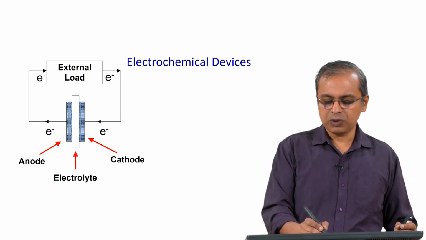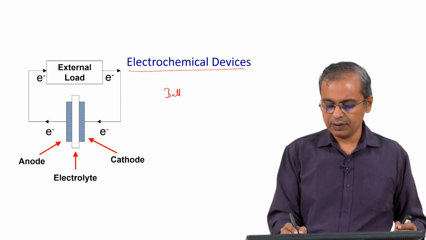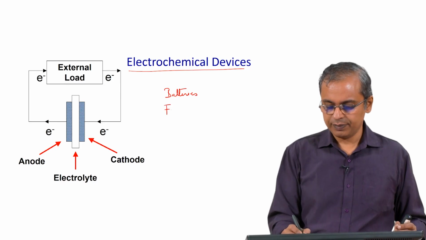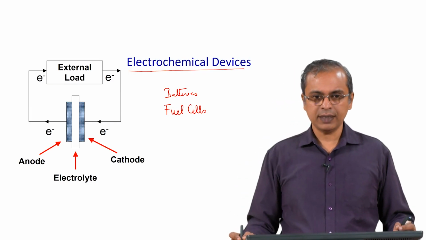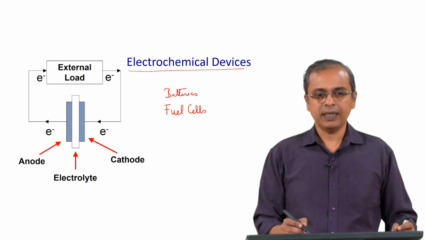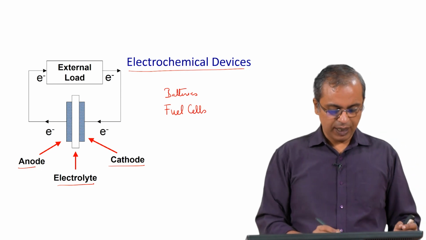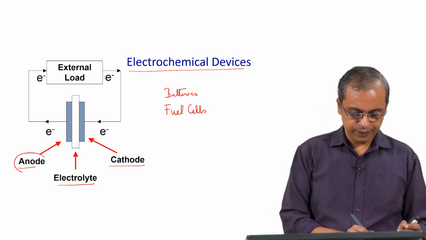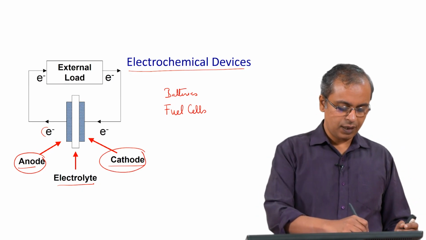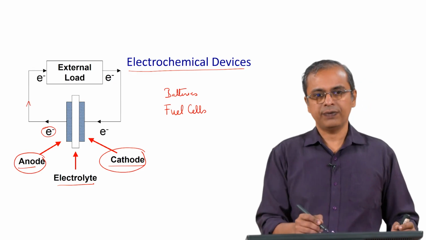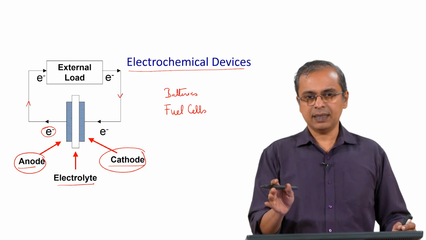And the most common ones that are used for such activities are electrochemical devices, mostly batteries and fuel cells. So, batteries and fuel cells are extensively used in this context, and they are quite simply what you see here: an arrangement consisting of an anode, a cathode and an electrolyte, and you have an oxidation reaction occurring at the anode. You have a reduction reaction occurring at the cathode, and this causes electrons to go through the external circuit, run your load, which is powering a household, and then it comes back to the cathode and completes the reaction. So, this is a typical battery.